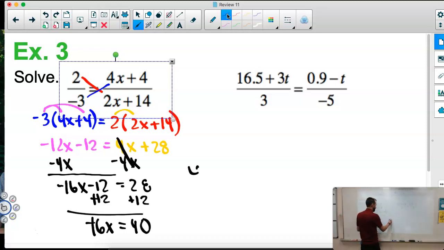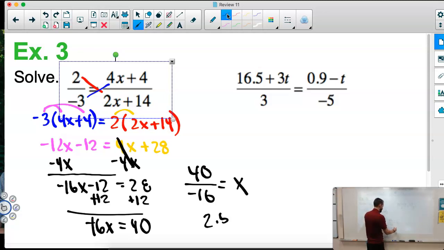I'm going to divide 40 by negative 16. That's going to give me x. And I actually have to do some math here, right? 16 times 2 is 32, and so this is going to be 2.5. X equals negative 2.5. So you might get decimal answers, and you might have lots of kind of distributive property,